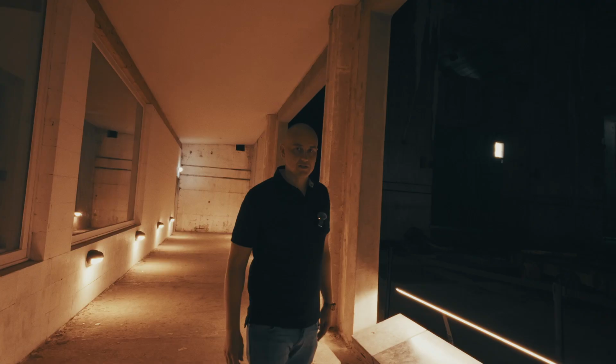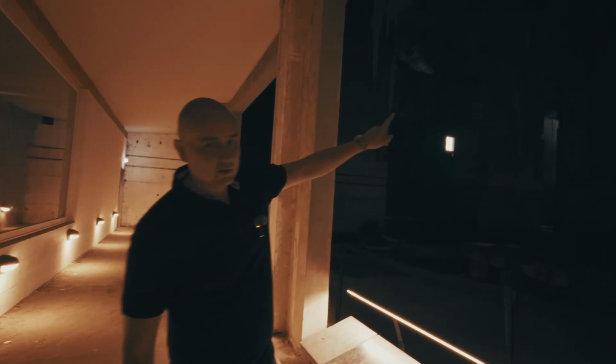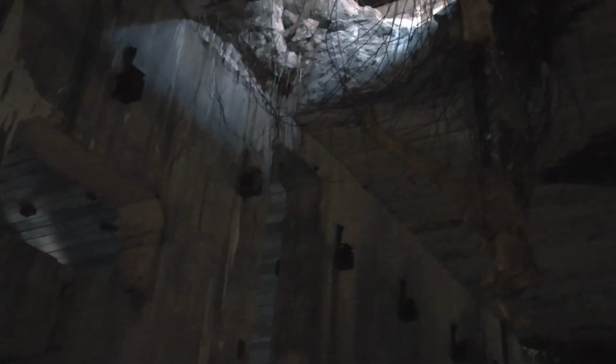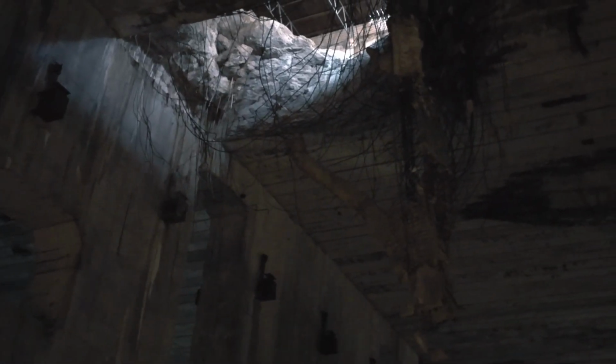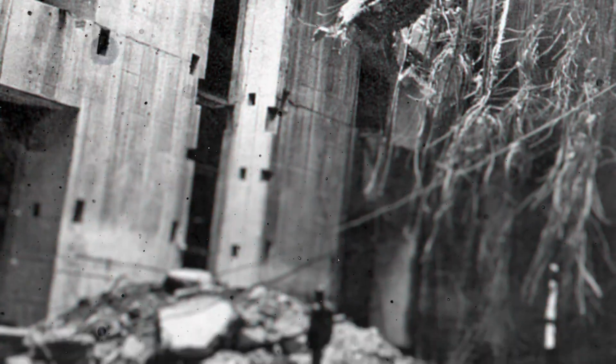So we are now in the part of the bunker that is heavily destroyed and is not supposed to be entered. So on the top you can see a hole in the ceiling from the bombing. The structure made of concrete and steel is called a dead man hanging because it looks like a person hanging from the ceiling. And also if you look a little bit further in the distance, you can see holes everywhere from the bombing 1945. And what is also very interesting